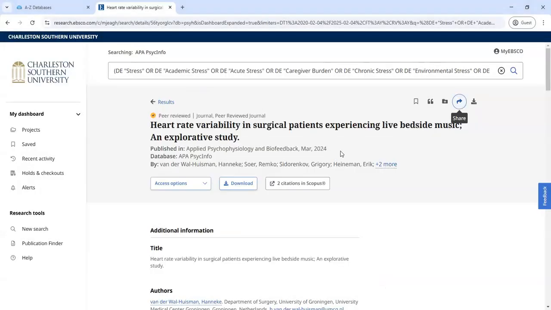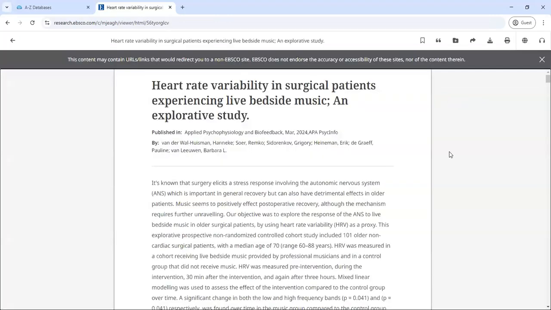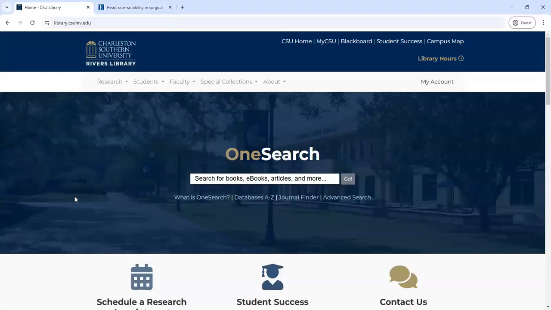To look at the full article, you have a couple of options. One of them is the drop-down menu right here for access options. You can either select PDF to download it or online full text to read it within your browser. And from here, we can read through the entire article. We also have options at the top of the screen to print it out or to download it if you want to save it. These are some of the ways you can search